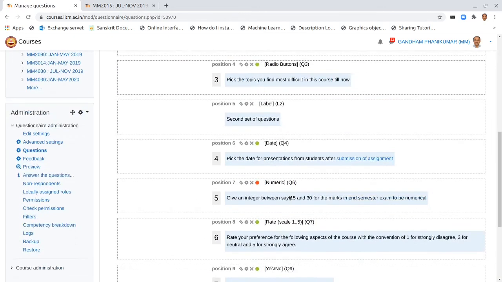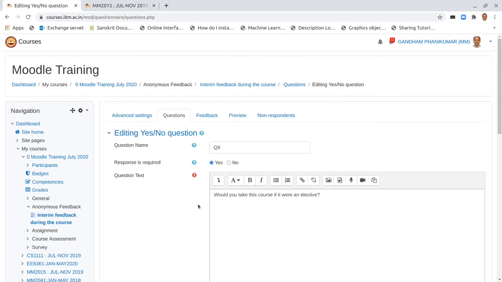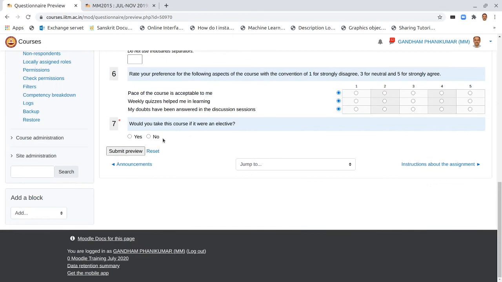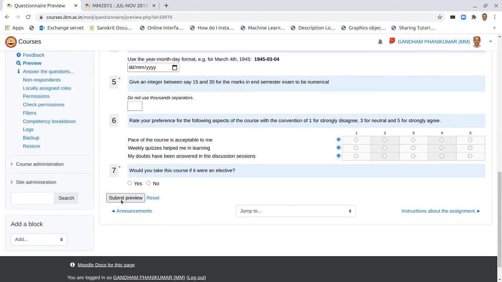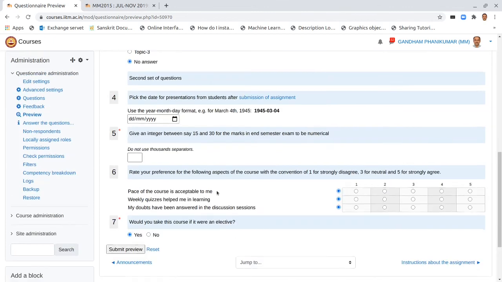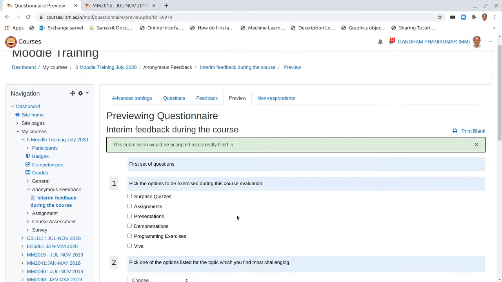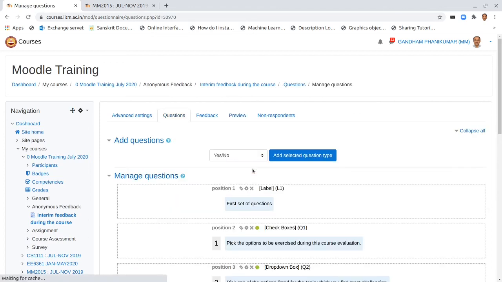Go to the questions and edit by clicking here and make it as compulsory. Save. Go to preview, and you would see that the third option is removed. So they have to say yes or no. It's a star. Now without clicking anything, if I try to submit, that would be an error too, because we have not given any options. So we have to say something, and here we have to give some number. So now only then it accepts. Okay, so the green message there says that the behavior of the form is as per what we originally intended.